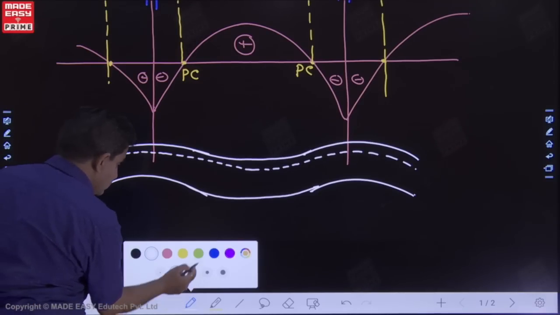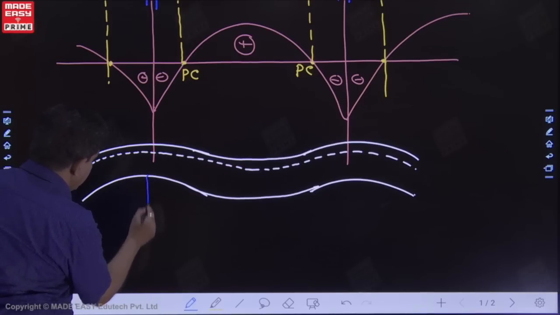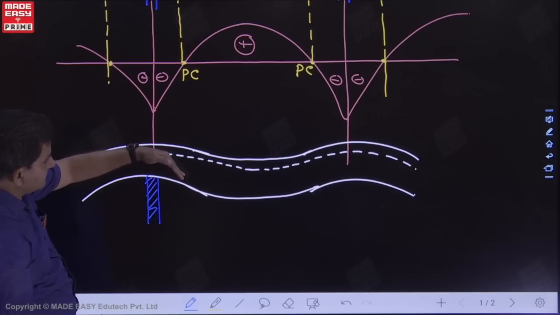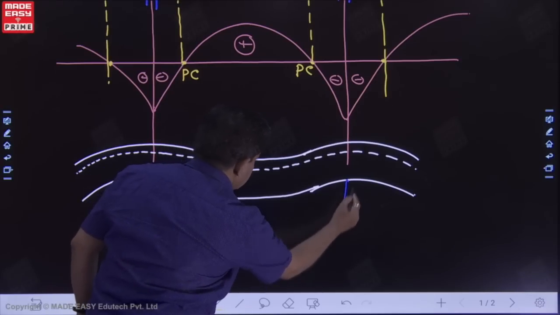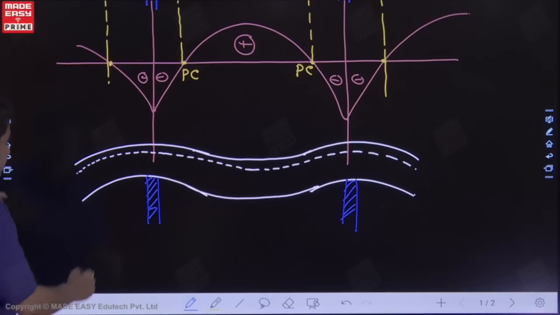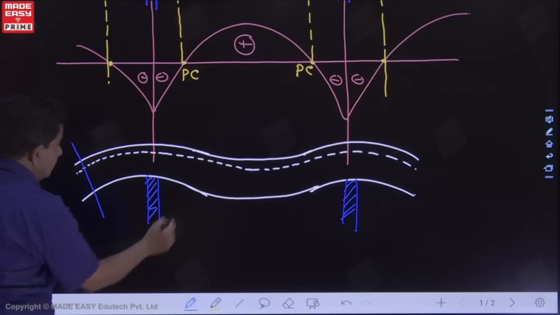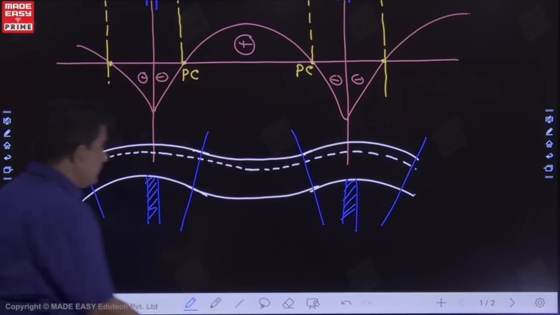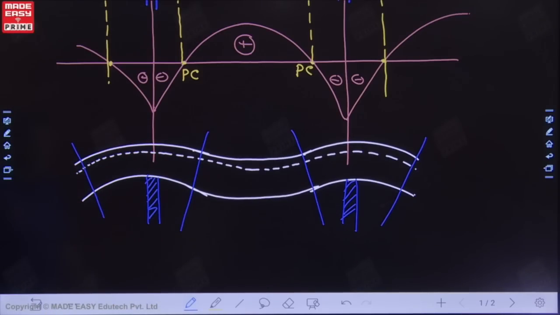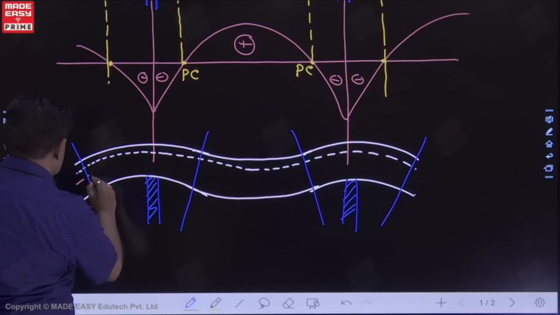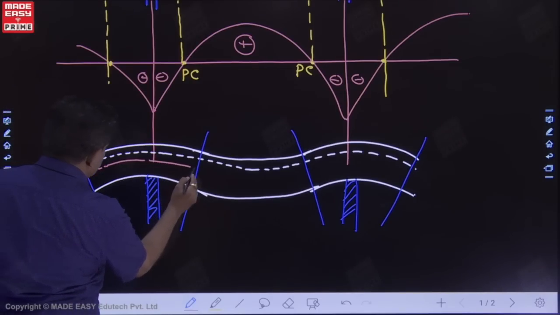These were the supports. Over support, it will bend like this. Here also, this is another support. Over support, it will bend like this. So if I take different cross sections, these are points of contraflexure from where the bending direction is changing. In this portion, if I show the neutral axis location, suppose the neutral axis is this line